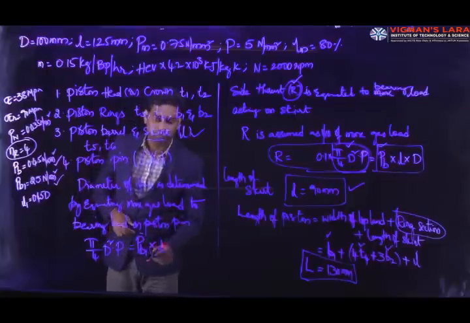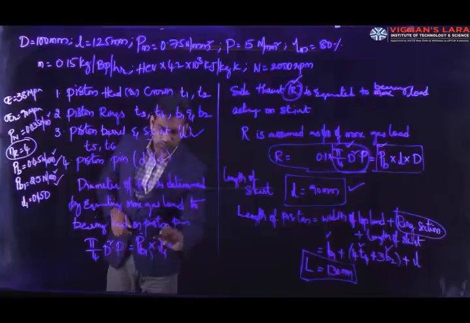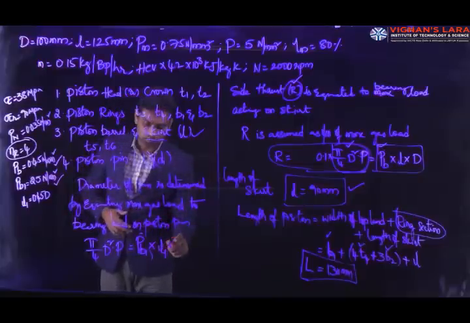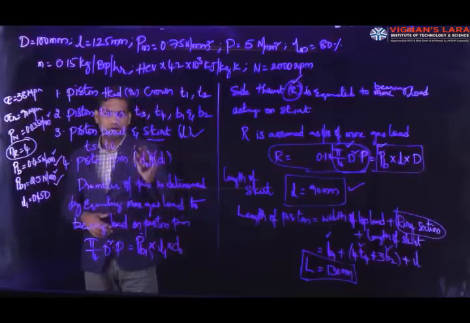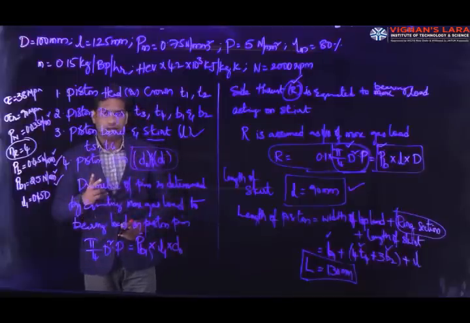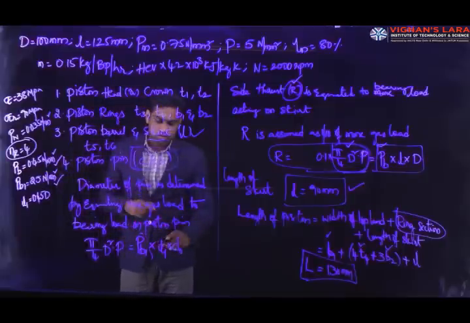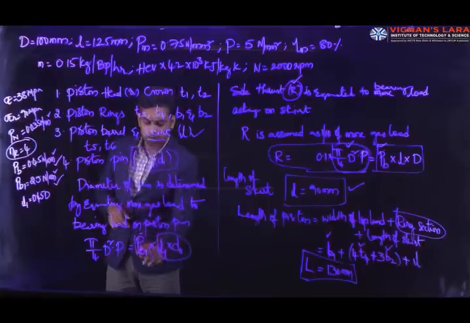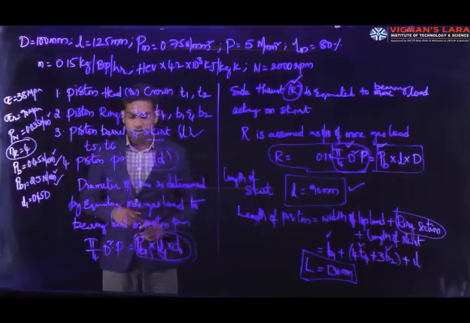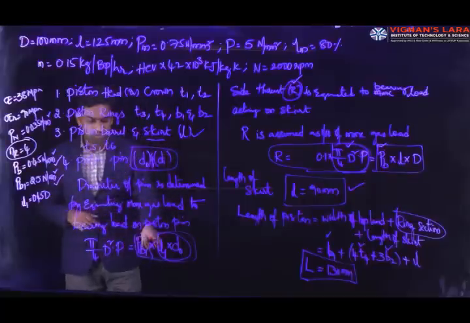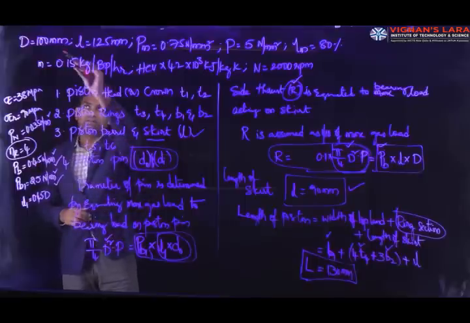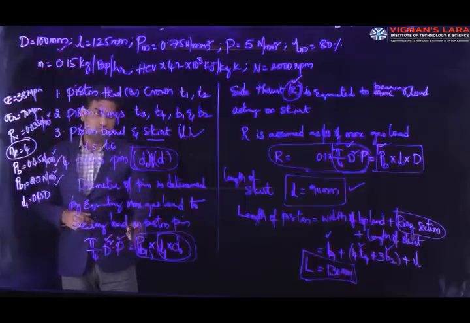The bearing area can be taken as l1 into d0, where l1 is the length of the piston pin inside the bushes. Here I am taking a hollow pin, so we have two diameters, inner diameter and outer diameter. So l1 into d0 gives the bearing area, and pb1 is the bearing pressure, which gives the total bearing load acting on the piston pin. By equating these two terms, the capital D is the cylinder bore or the piston diameter, which is given in the data. You can substitute it, and the maximum gas pressure is known.